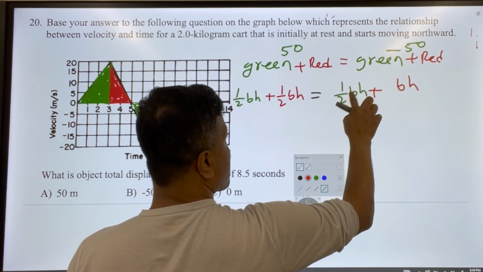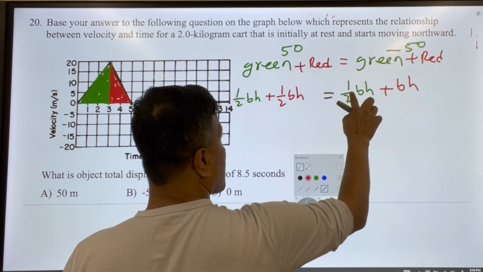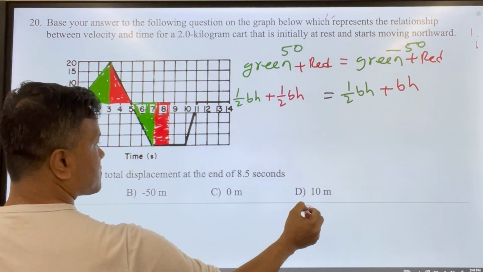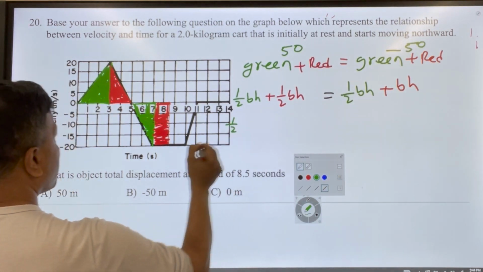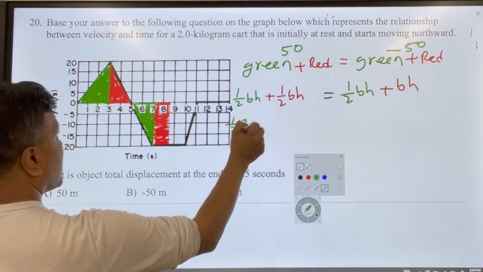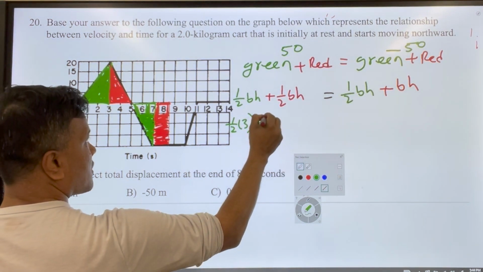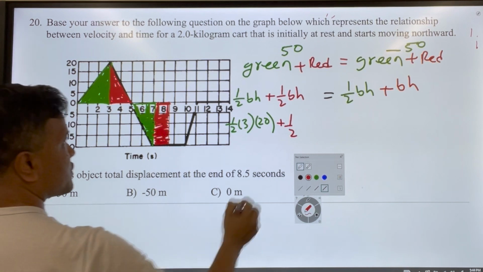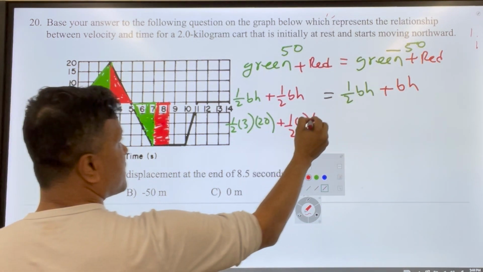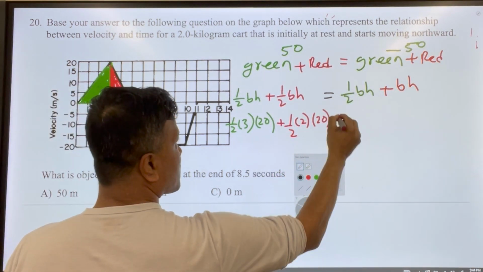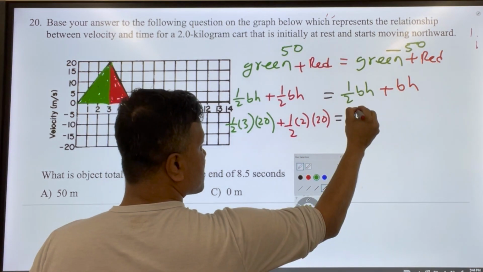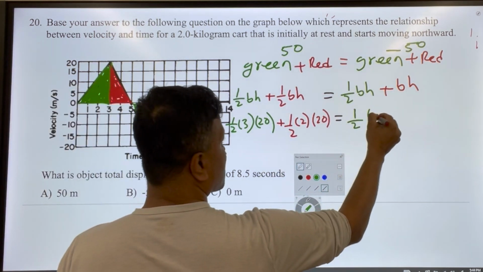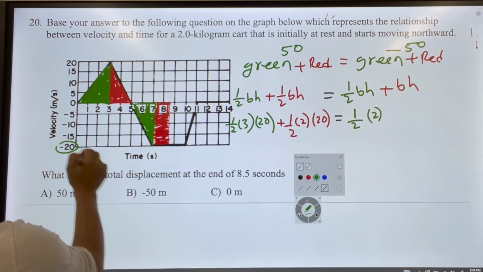So half, b is 3, h is 20, plus half, b is 5 minus 3 is 2, h is 20, equal to half, b is 7 minus 5, 2, h is, be careful, h is negative 20,